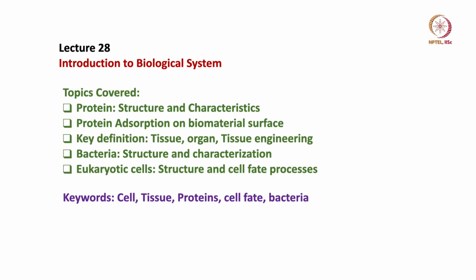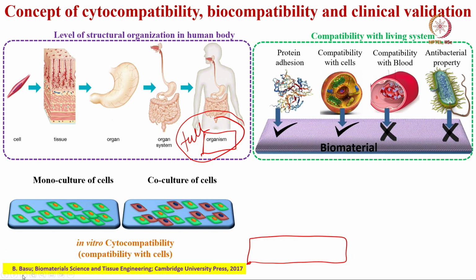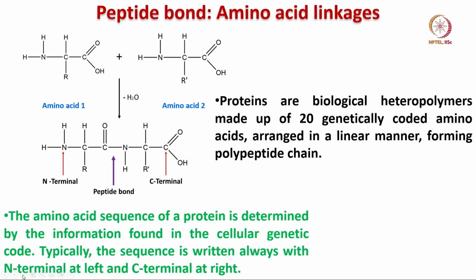So, I am continuing my lecture in Introduction to Biological System, in the context of sufficient details that are to be understood to appreciate the manufacturing process called biofabrication, which is nothing but 3D printing of materials with key components of biological system. In the last lecture I have already covered the hierarchical structure of the human body and biological hierarchy of human body, as well as the concept of cytocompatibility, biocompatibility and clinical validation. So, let me now focus more on